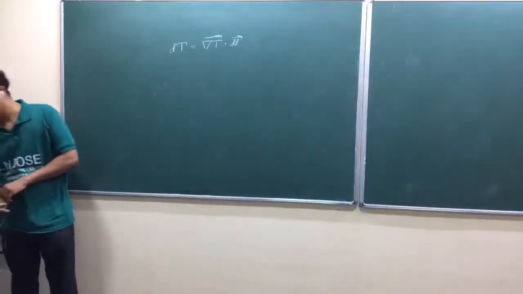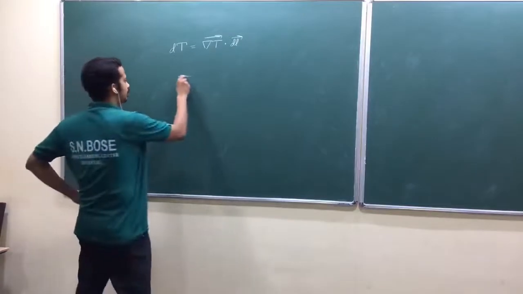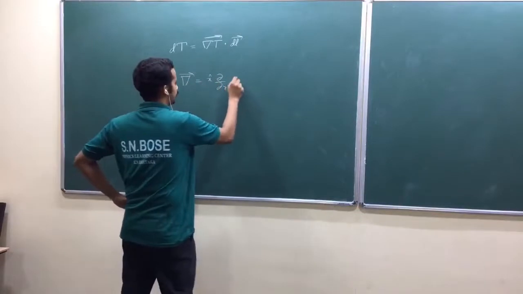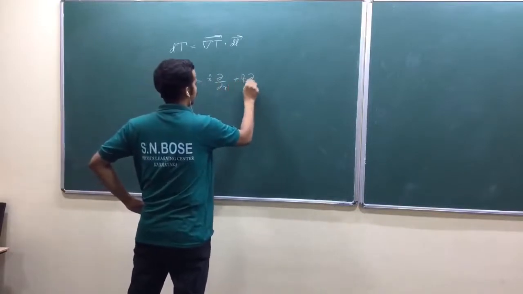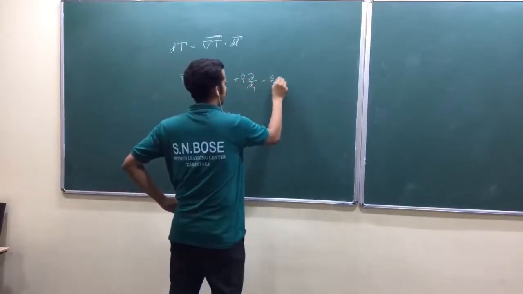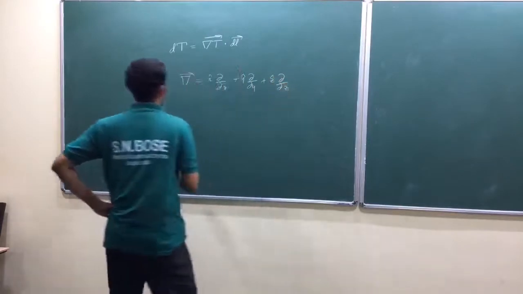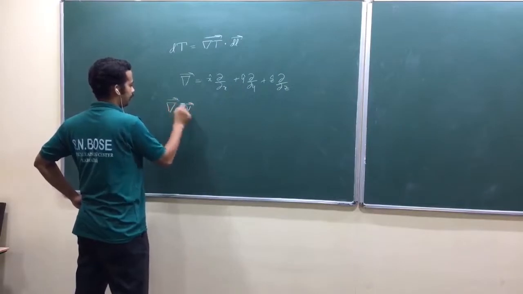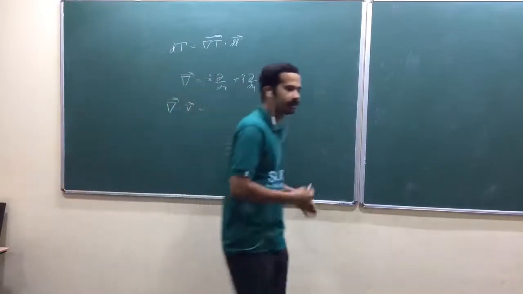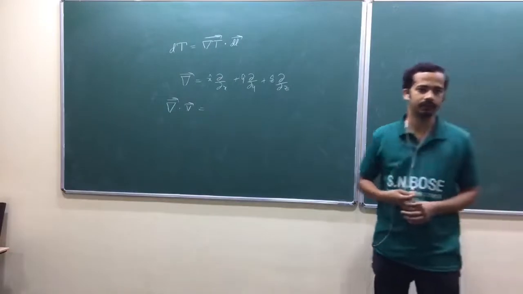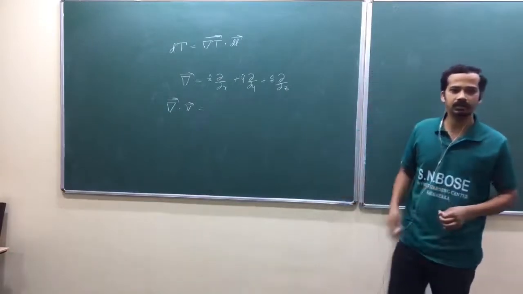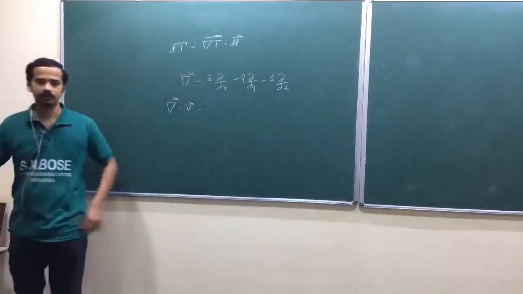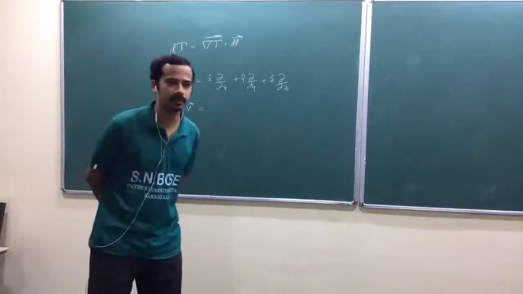So those two were the ideas about gradient. After that, we discussed divergence, am I right? We treated del as an operator: x cap dou by dou x plus y cap dou by dou y plus z cap dou by dou z, am I right? Then we defined divergence of a vector field. It measures how much a vector field diverges. If I say it like that, that's not sufficient. Look here, we had a gradient, a different quantity, where we found both magnitude and direction.